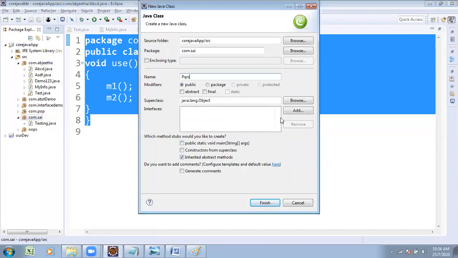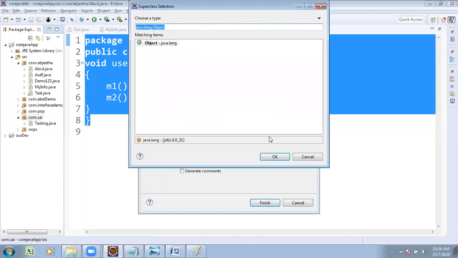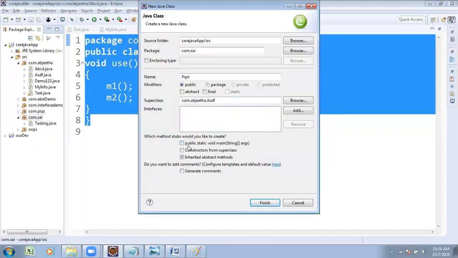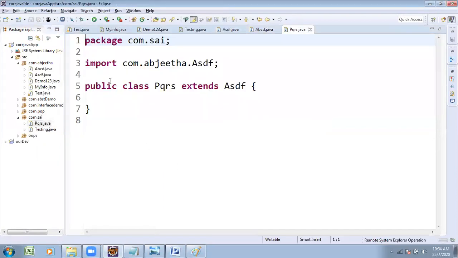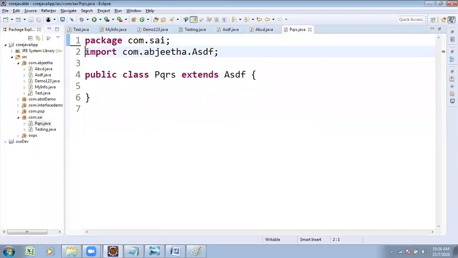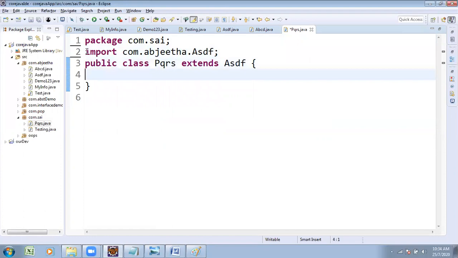Some class, but it is a subclass of ASDF, com.abhijit. Try to see which line of code. Previous code and present code are almost the same. Here I am writing a void method, method name is not a problem.